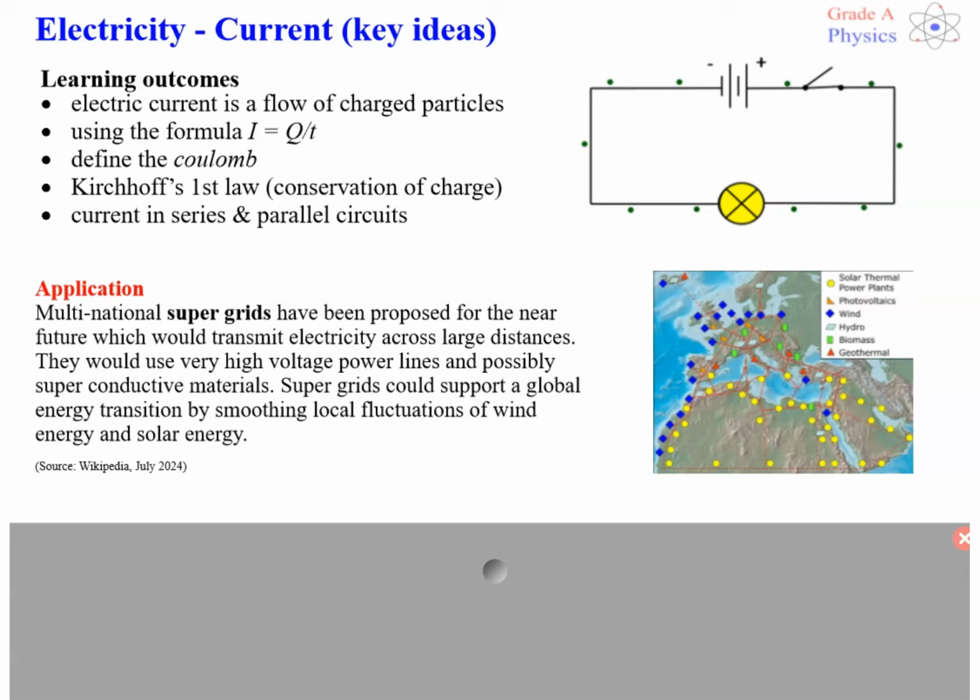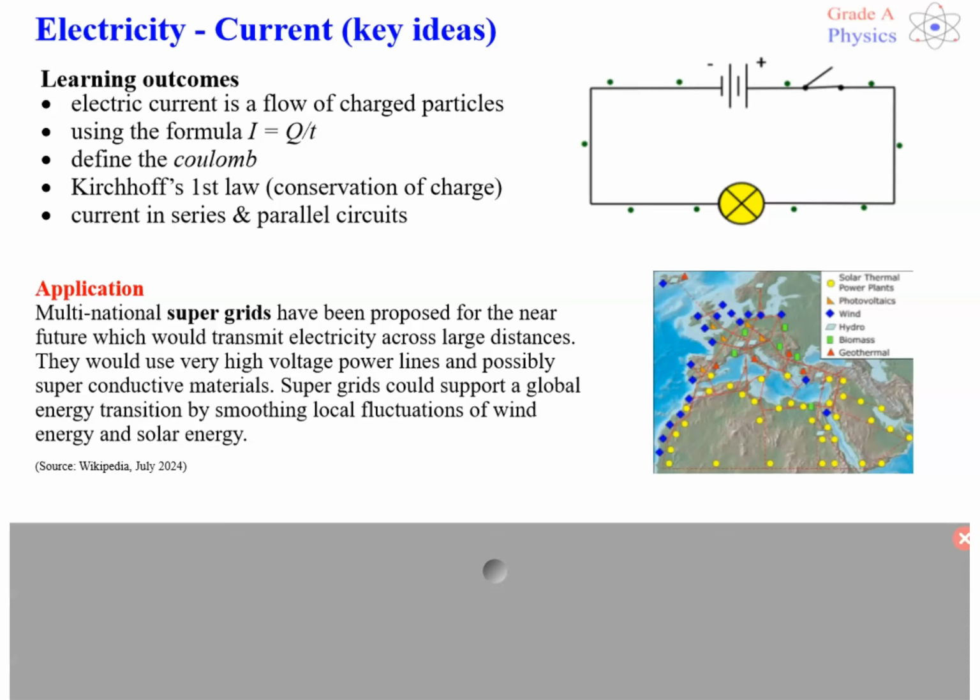We need to know what the Coulomb is, a definition of that. There's something called Kirchhoff's first law, which you may have come across before. And we're going to introduce series and parallel circuits and just talk a little bit about the differences and how current varies. So we're trying to think about applications of each of these topics, and obviously current is hugely important